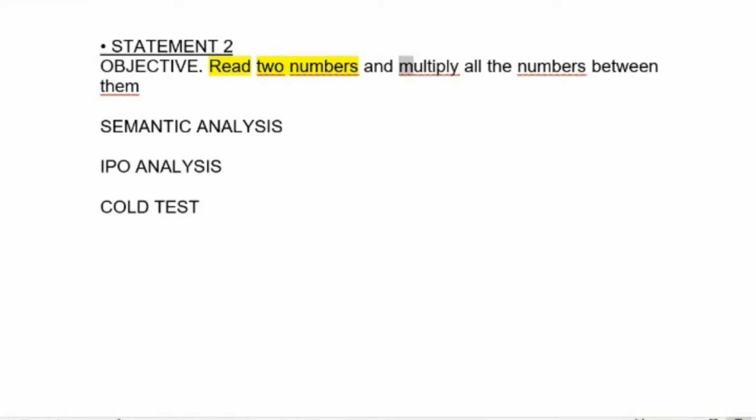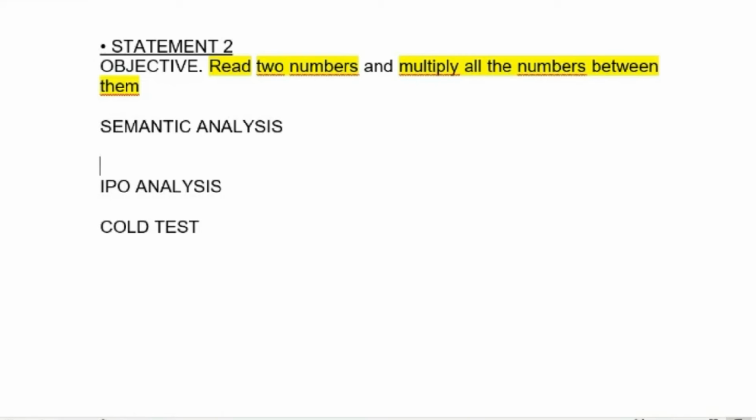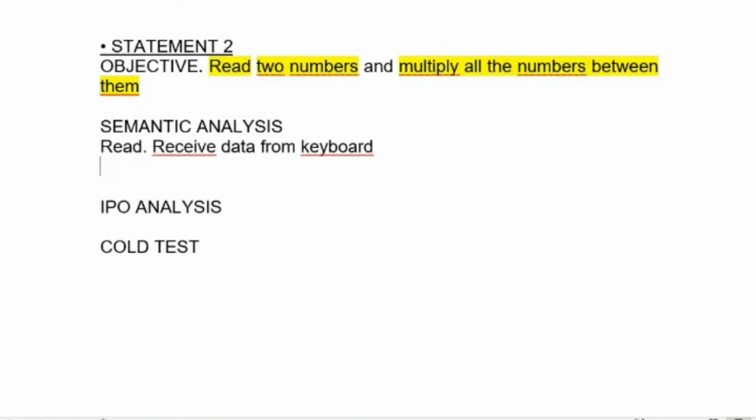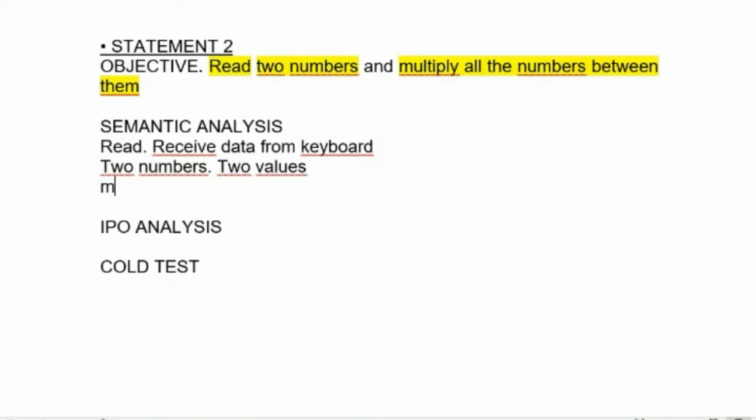With an example, we are going to define that. So, read is receive data from keyboard. Two numbers is two values. Okay, and multiply all the numbers between them